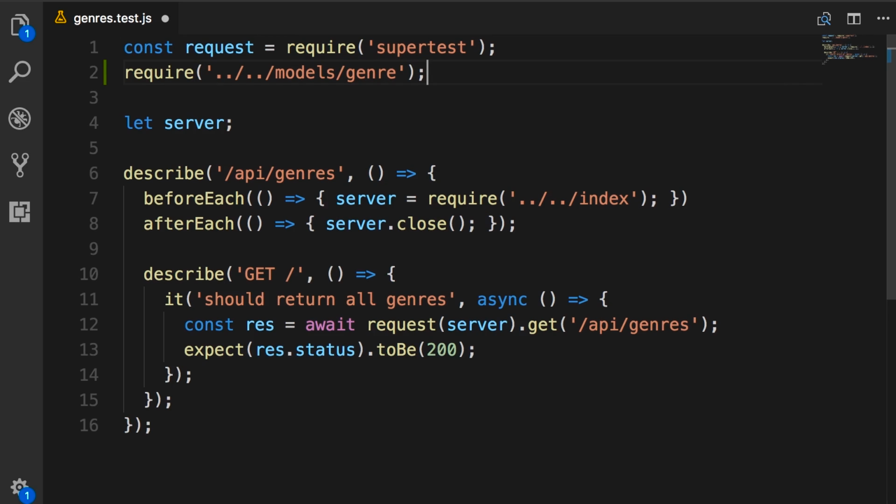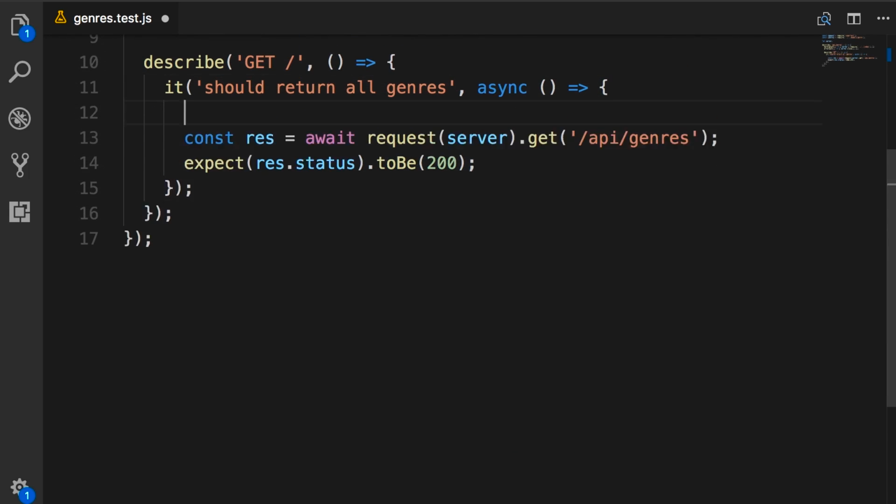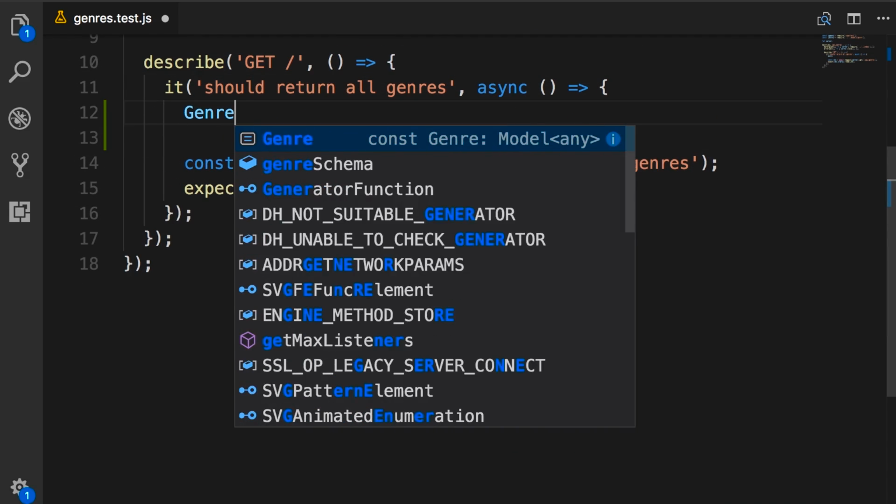Now this module exports an object with 2 properties. One is the genre class, the other is the validate function. So we need to use object destructuring syntax to get the genre property. Okay, now back to our test function. Here we call